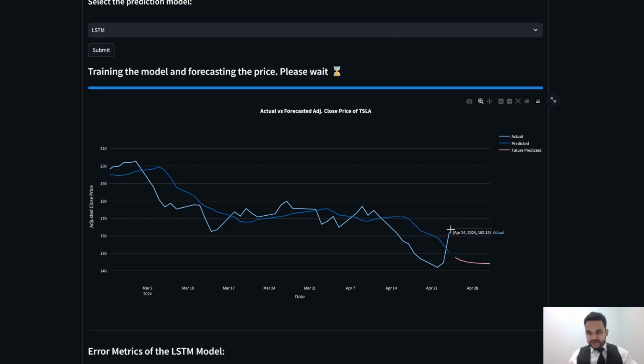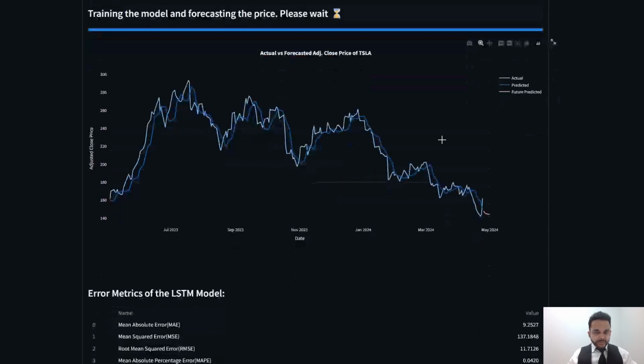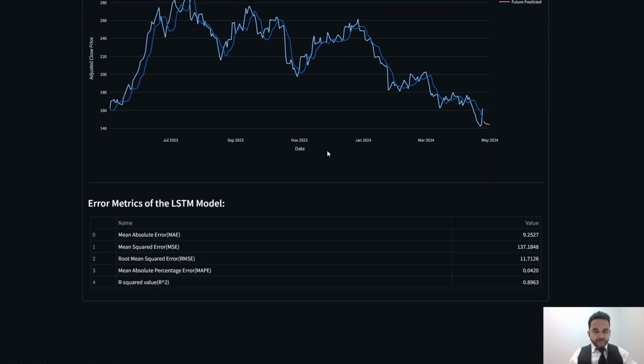As of now, we could see our actual price was around $162.13, while the predicted was around 150 something. And if we look at our overall prediction, it is showing a downward trend for now. Then if we come down, you can see the overall performance of our LSTM model. If you look at the R square value, it is around 89.63,